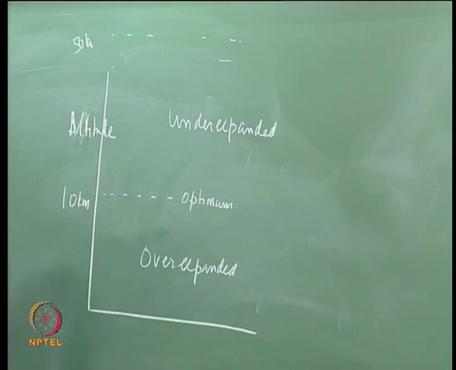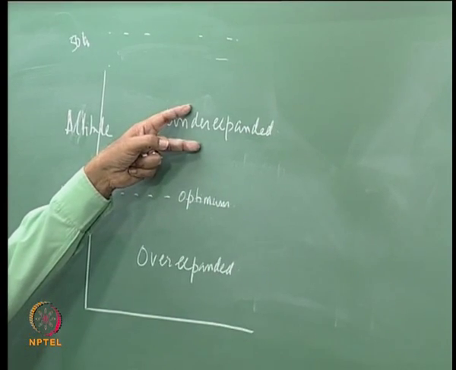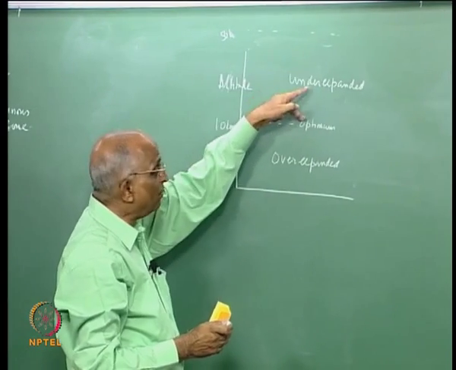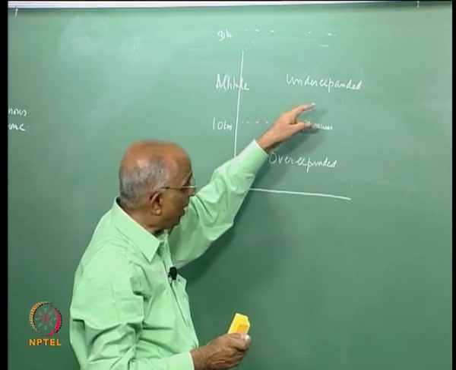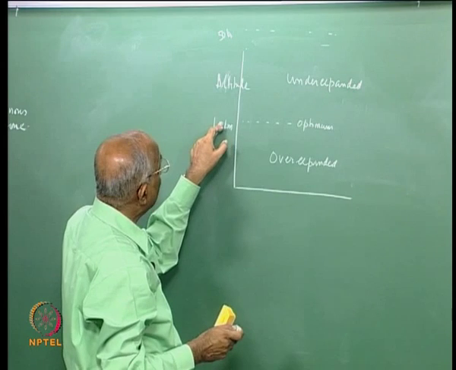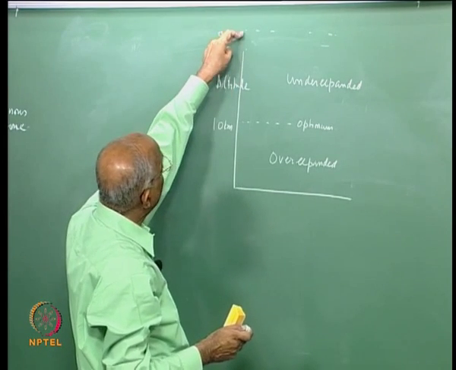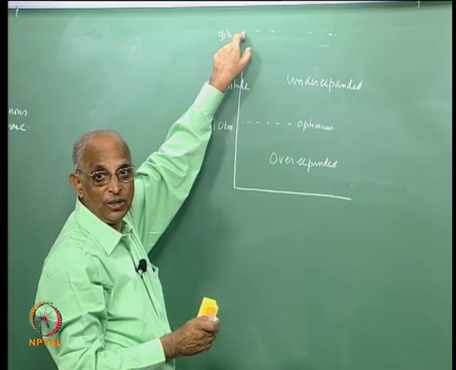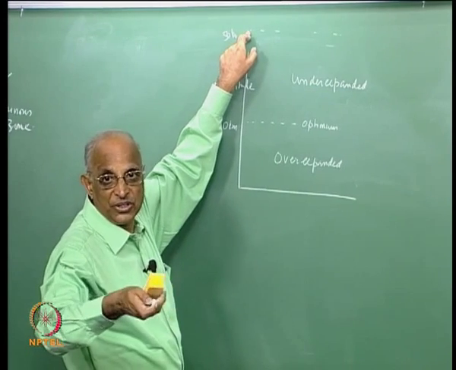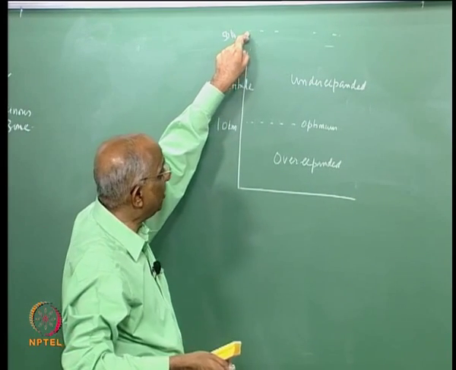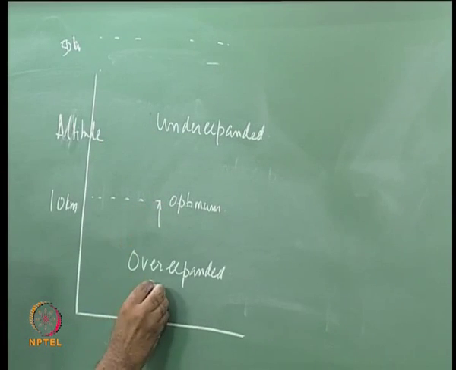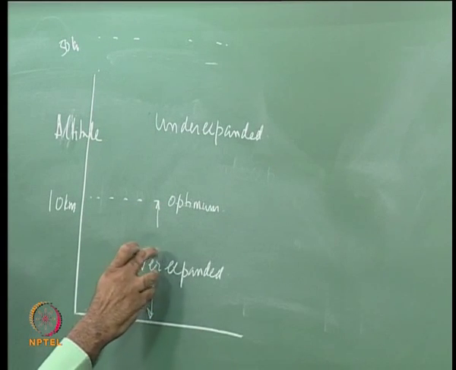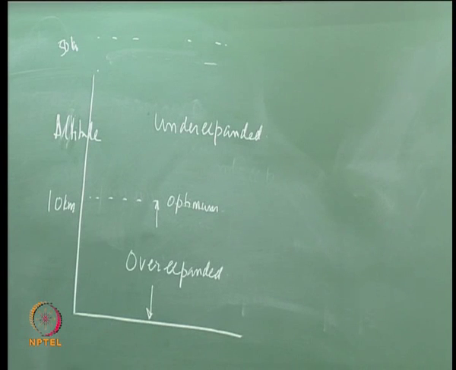By having the rocket perform in an under expanded mode, I am not getting the high value of jet velocity which I could have got. Instead of choosing a value of epsilon which gives me 10 kilometer, had I chosen a value of epsilon corresponding to 50 kilometers, I would have got a much higher Vj. Therefore, I am not getting that high Vj, but then I cannot also afford to over expand my nozzle and get into some side thrust problems, and it is always